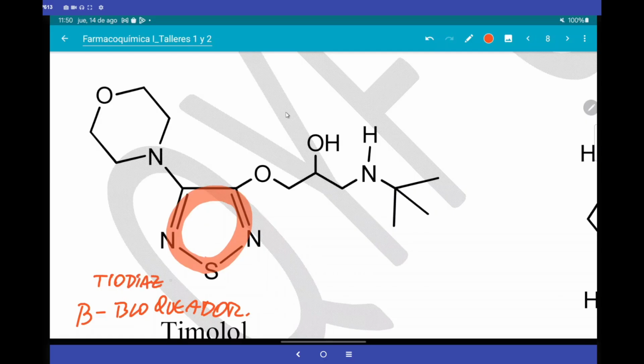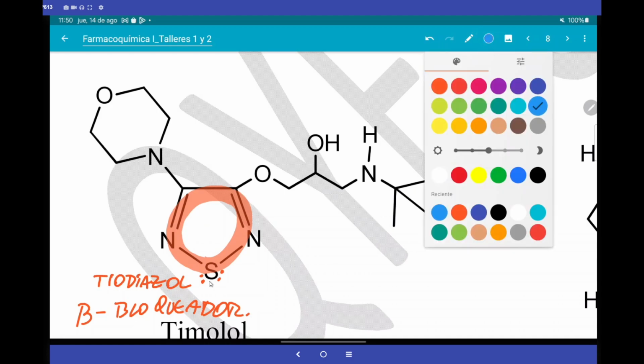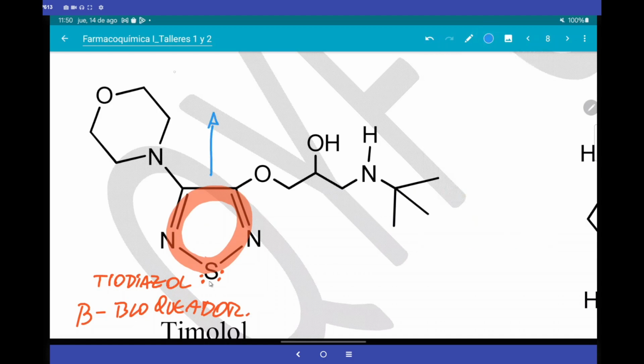And second, this ring is or is not aromatic. That is, it has electronic aromaticity, if it has. And why? Exactly, a pair, because it has two pairs of electrons, but one of them integrates into the resonance. Then what I am asking you to remember there is what is known as the rules of electronic aromaticity.